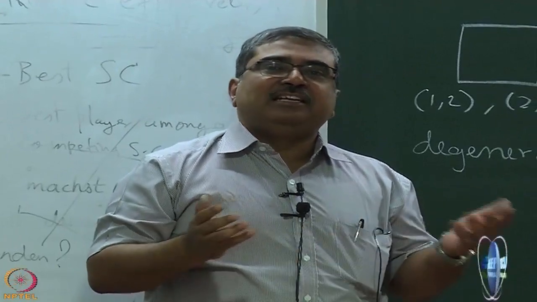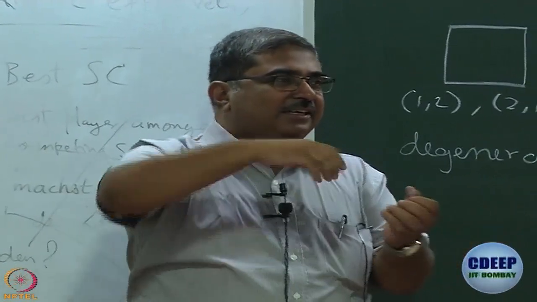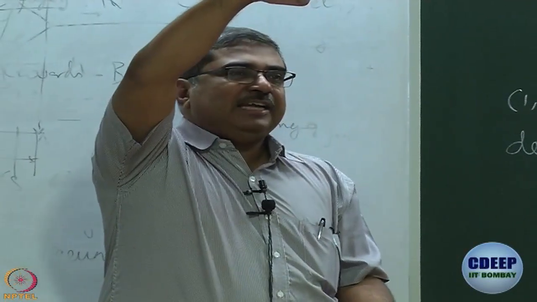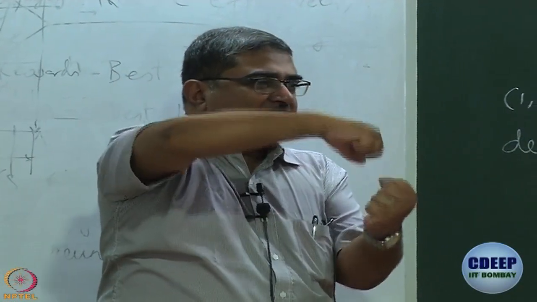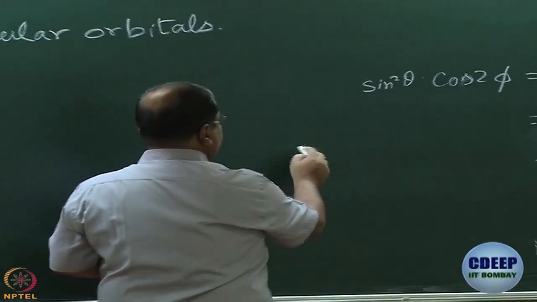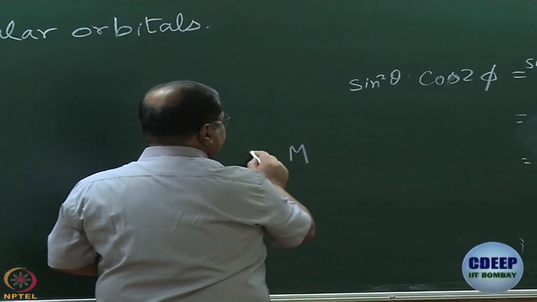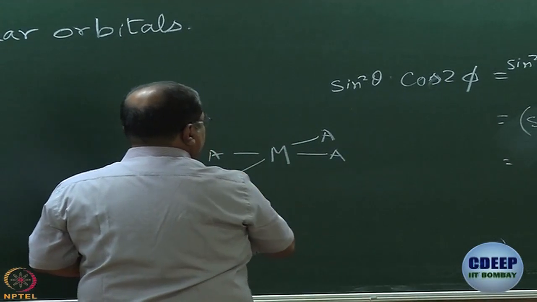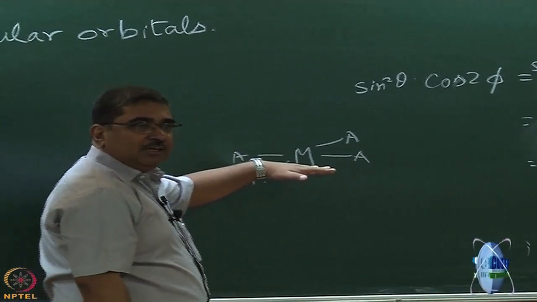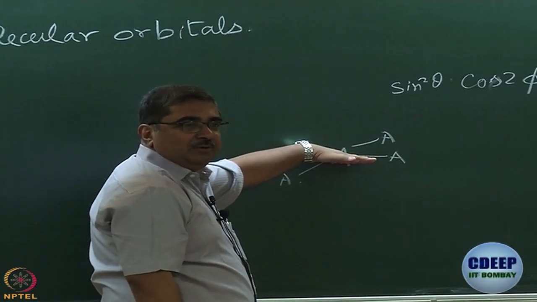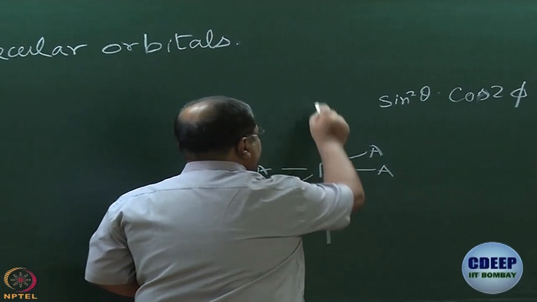Now, let us think of Jahn-Teller distortion. Jahn-Teller distortion means you have a nice octahedral complex and by some means you pull out two of the axial ligands, or you can do a compression also, pull them out. So, the moment you pull them out, it is not AB6 anymore. So, it is something like this, this is a central metal ion A. I hope my diagram is not difficult to understand. What I am saying is the 4 A ligands are in a plane that is perpendicular to the plane of the board, and these I just call them B.